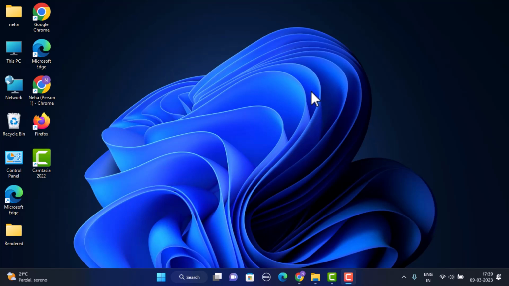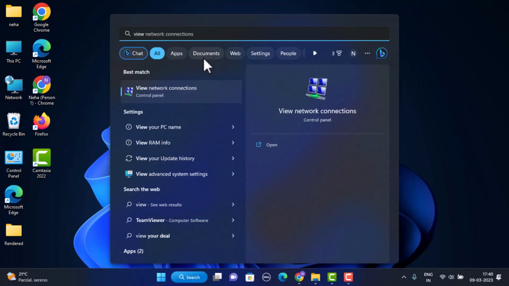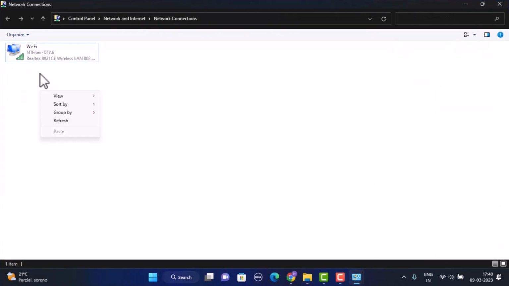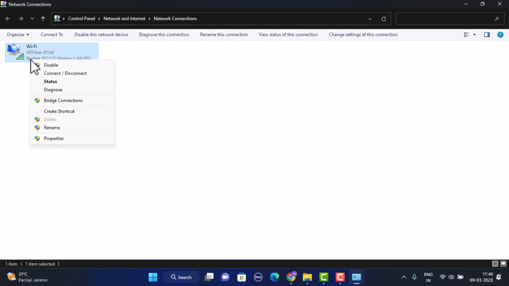If you're facing this kind of issue, then the first method is to just click on the Windows tab and in the search box type in View Network Connections. Once you click on it, you'll be taken to the network connections. On this page, you'll need to select the Wi-Fi that you're connected to. Then right click on the mouse after you're done selecting it and then click on Properties, which is right